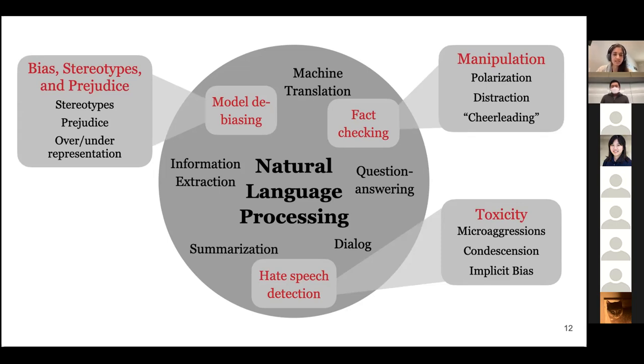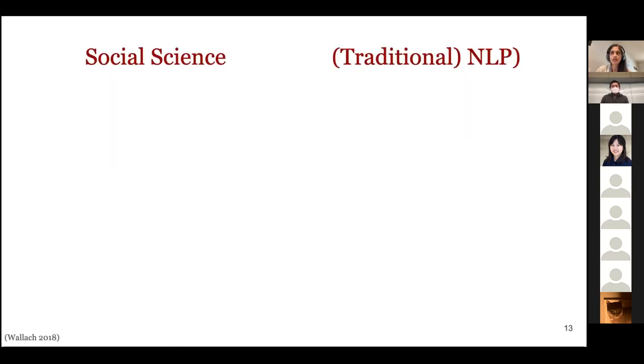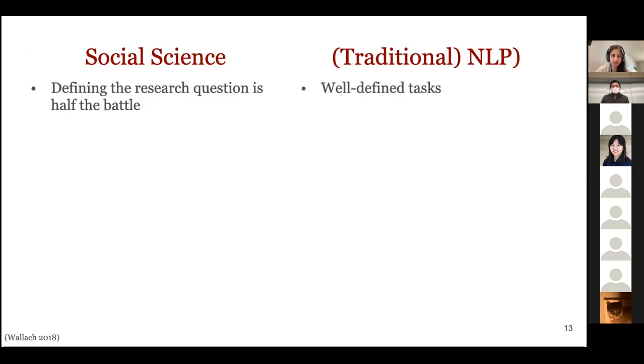To give a little bit more concrete examples on why these tasks look different in, say, a social science space than in an NLP science space, we can think broadly about some of the differences in approaching problems from more of a social science perspective than from more of an NLP perspective. When you're looking at more socially oriented questions, a lot of times you really don't know what you're looking for. We don't know how to define propaganda. I know it when I see it, but it's not something that we can build a reliable classifier for in any setting that's going to say this is propaganda, this is not.